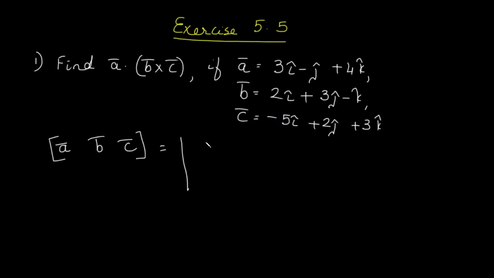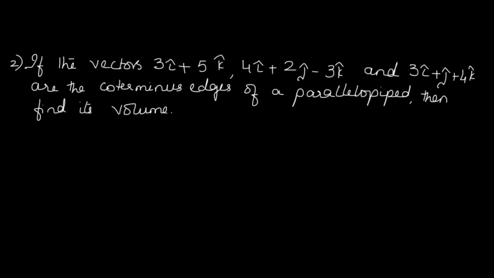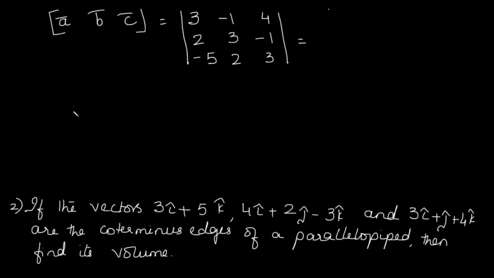And if you remember, we only have to solve this like a determinant. So over here we write 3, minus 1 and 4, 2, 3 and minus 1 and minus 5, 2 and 3. Upon solving this, whatever answer you are getting, that is the box product, that is A dot B cross C. So this I am leaving up to you to do the sum and try it out. Okay, we go on to the next sum. This sum is an assignment for you to be done in your notebook. Just solve the determinant and you get your answer. It's very easy to do.